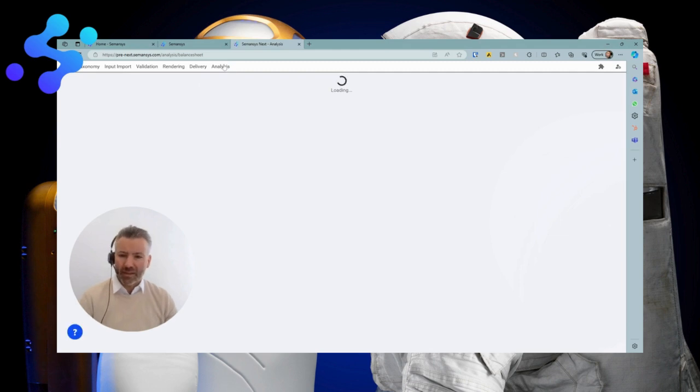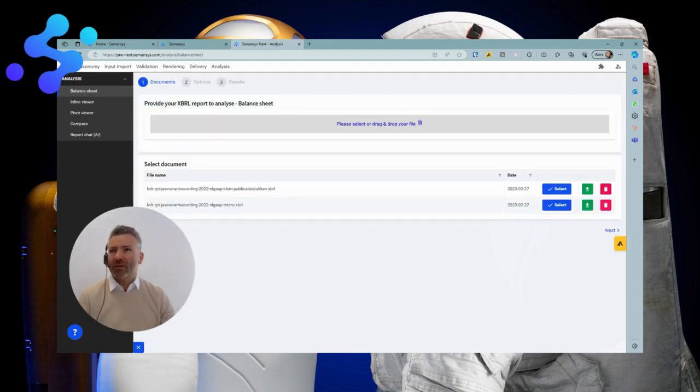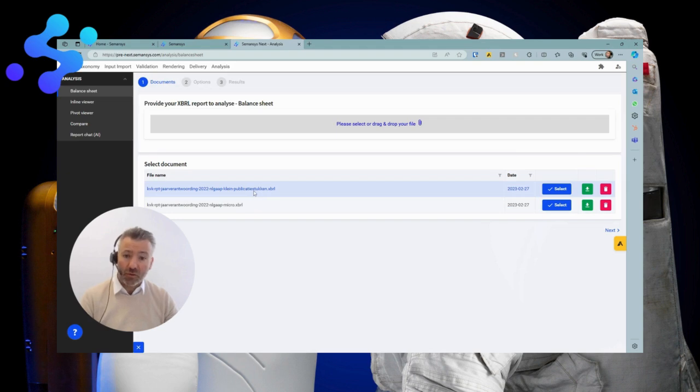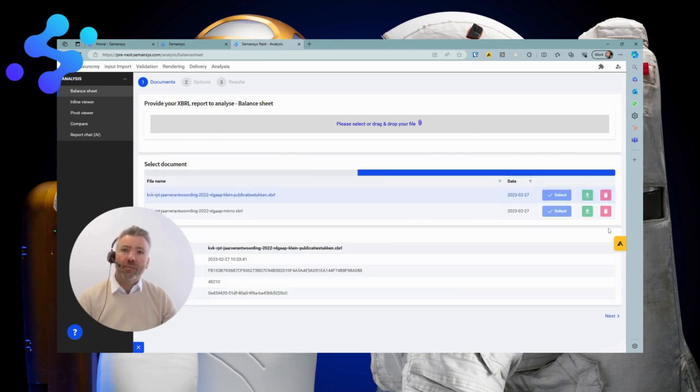And in the last part, we have analysis. So analysis actually, again, it's a small part, but it's a very important part because this gives us the option for all the XBRLs that are out there to read them. So you can find XBRLs on competitors, customers, suppliers, and it helps you get a good insight of your customer or competitor. In this case, we can upload a document. I've already got a few. I'll click one, press next,